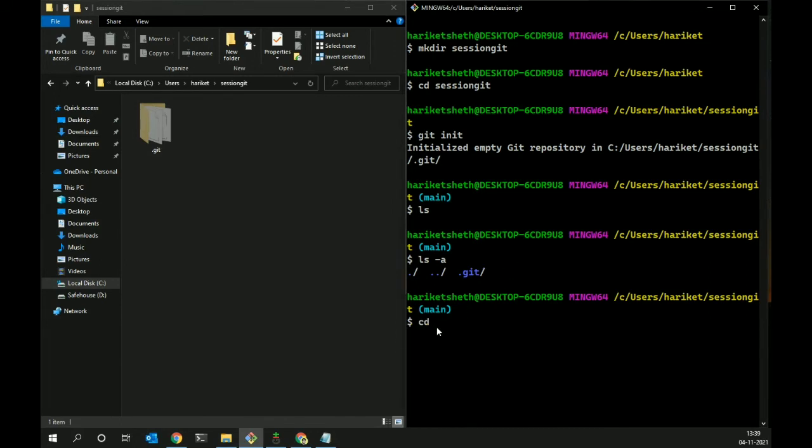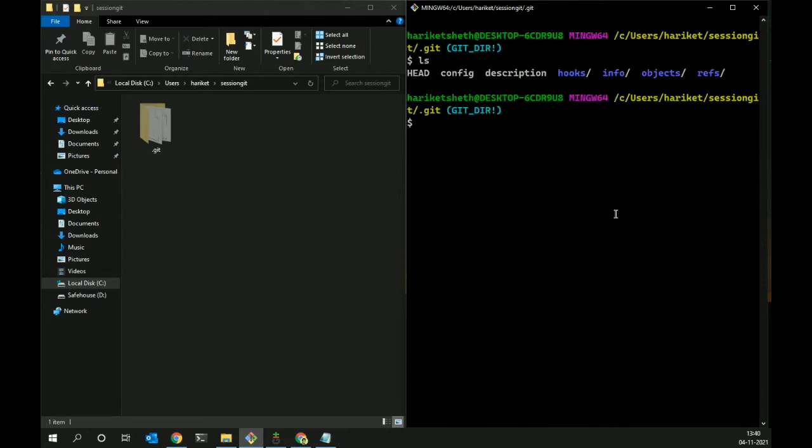Okay, and this, believe me, this small folder is the one powerful folder which actually is responsible for your version control and maintaining history. Let me go inside this .git folder and check out what exactly is present inside that. Let me type ls and you can see there are a lot of things present inside this small folder which you created by just a simple command of git init. Okay, so you have HEAD, config, everything you have. If we cover everything, it will be very confusing. Just keep in mind HEAD is a part of the .git folder right now. Okay, we'll be covering this HEAD, so that's why keep it in mind.